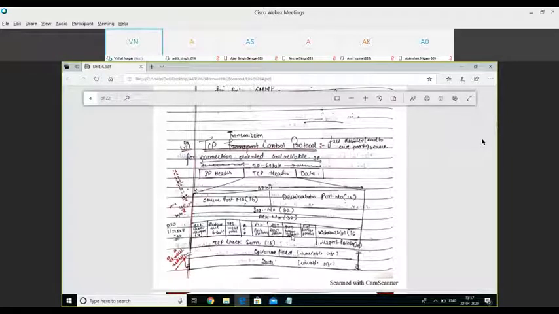Synchronization means we need to synchronize the connection. Finalize means we need to finalize the connection. Window size means the number of TCP segments that we can send without waiting for the acknowledgements, and in case of TCP, the total number of segments that we can send is 2 to the power 16.